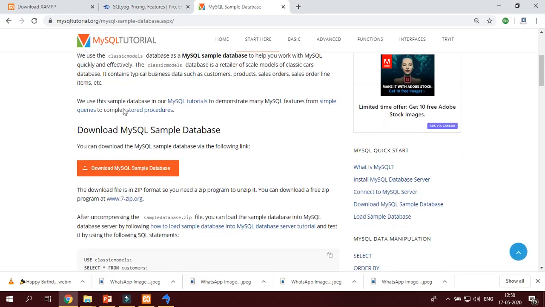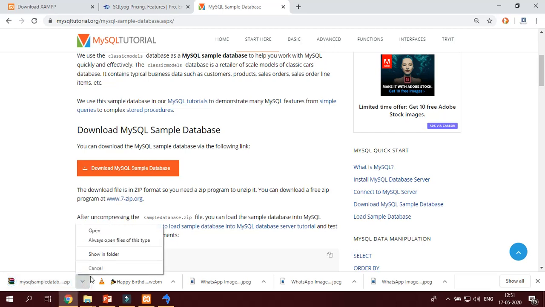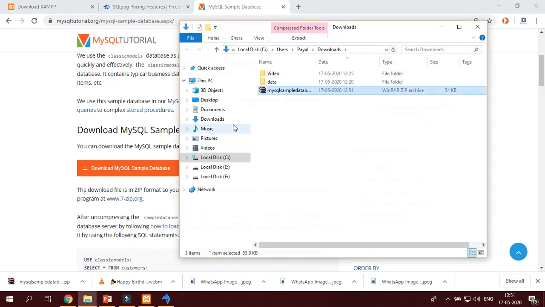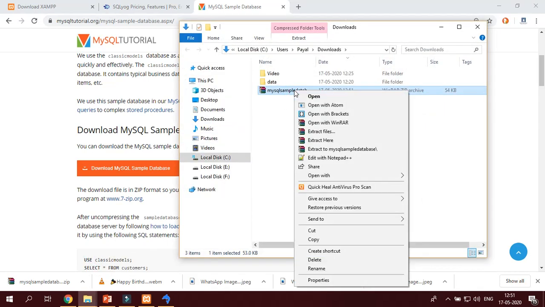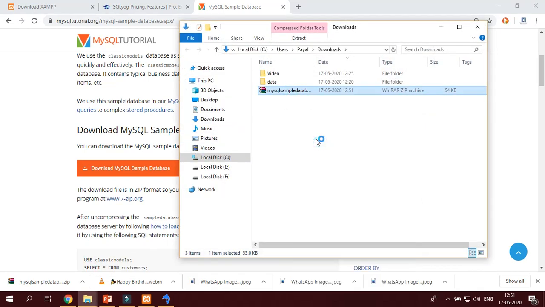Just scroll down. Here you find this button, Download MySQL Sample Database. Click on it. It will automatically download the MySQL sample database. Click over here, then Show in folder. Right click and Extract here.